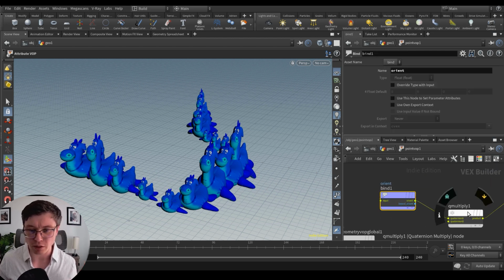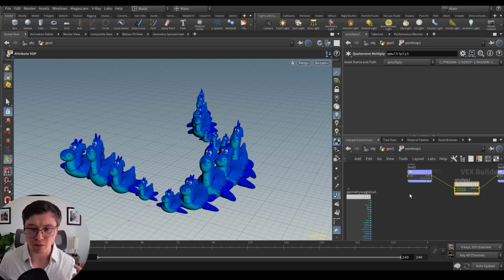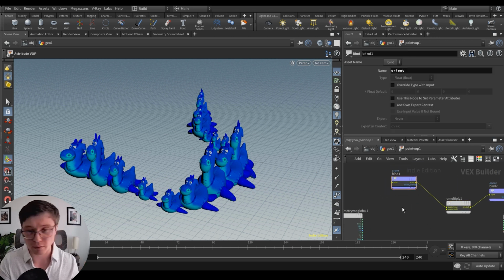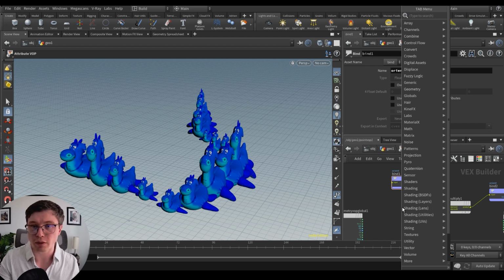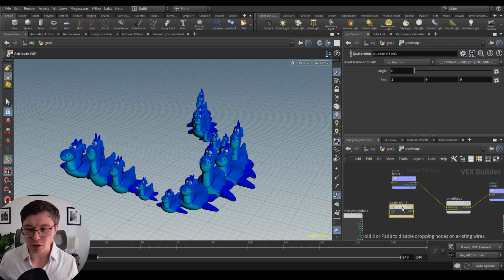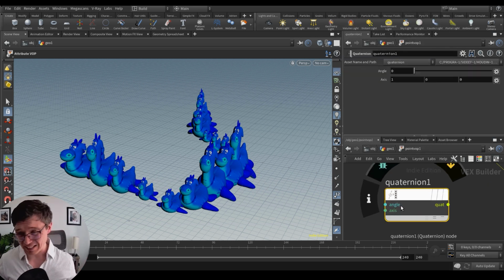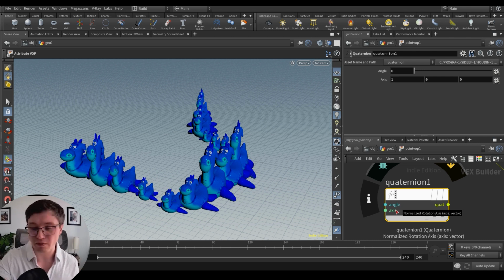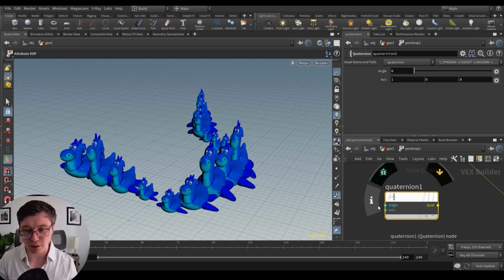So let's create a custom quaternion that we will multiply with the current one. To do a custom quaternion, you can drop a quaternion. It needs two things: an angle, and an axis. As I said earlier, you have the example with the paper: the angle, and the axis in which direction you want to plant the stick into the paper sheet. In that case, let's say Y going to stick this way, and the angle will drive the amount of rotation you need here. So awesome, let's define that.